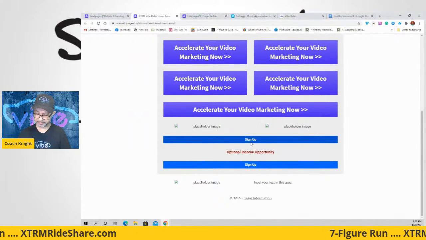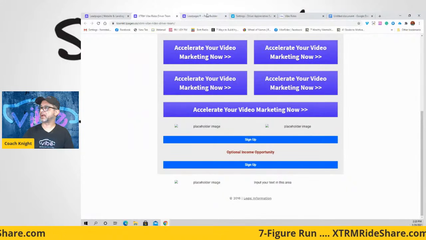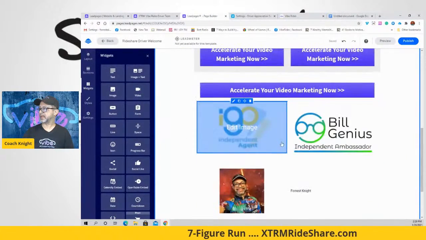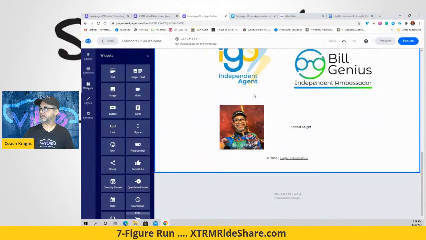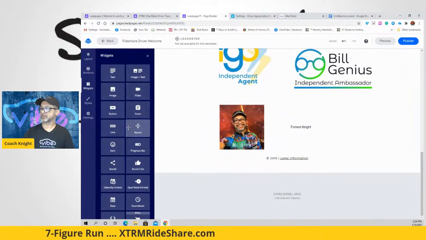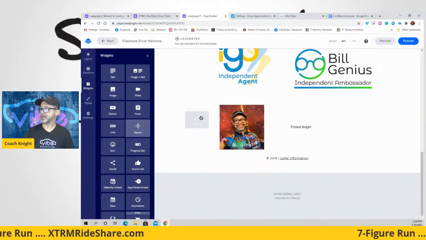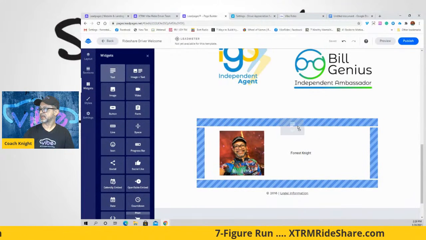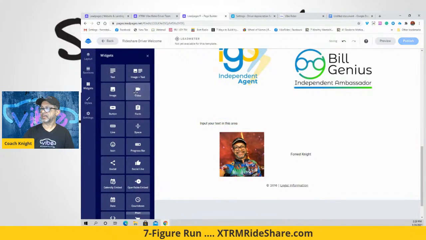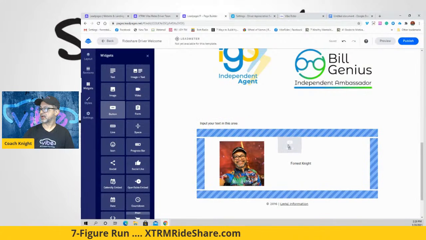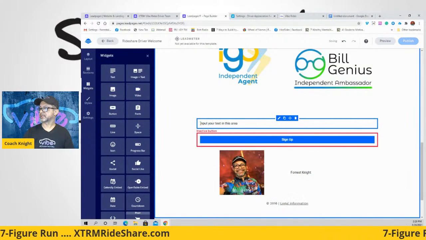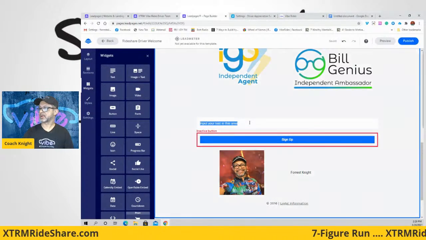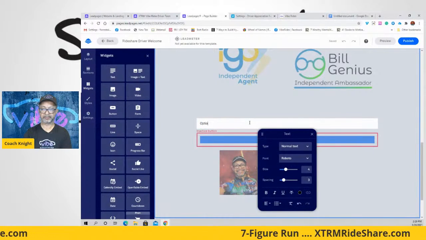I mapped it out. And of course, on the very bottom of this page, I want to give people an opportunity here. So I'm going to add a spacer, and I'm going to add in more text down here, and then I'm going to add another button. And all of this is optional, in this text right here. I'm going to put optional